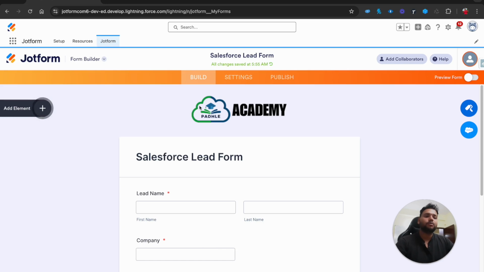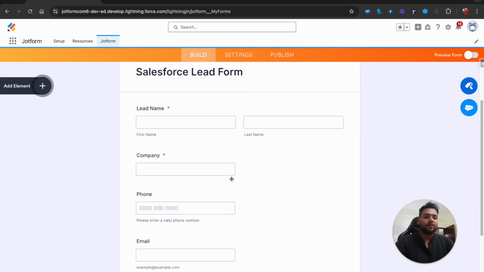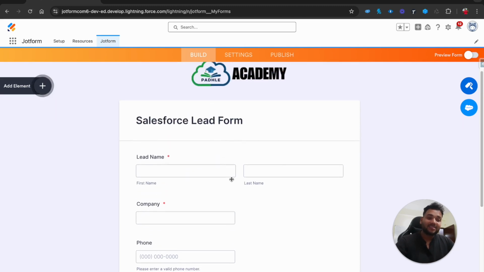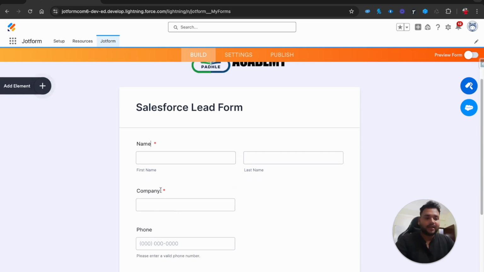In the form you can see my logo is there, and here you can see the form title. You can see the fields that we selected. The beauty is how fast the changes are visible over there. Now you can change the names. So let's say name, right? First name, last name, company, and here I am going to type